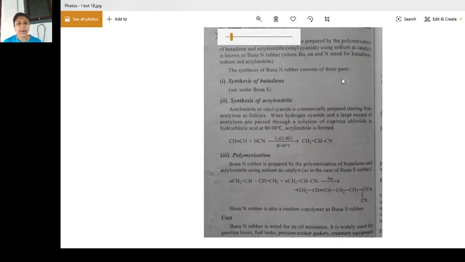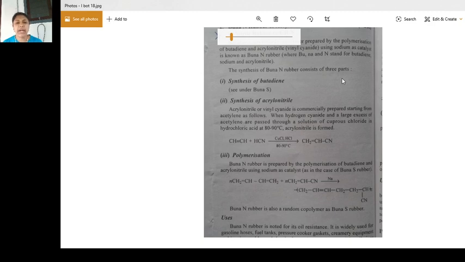And the next rubber is Buna N. So we studied about Buna S. The next rubber is Buna N. Buna N stands for butadiene and sodium, same as that of the Buna S. Here N stands for nitrile. Nitrile means, you know, nitriles. Acrylonitrile, you always studied about nitriles, the nitrile group. So here butadiene and acrylonitrile are the monomers.